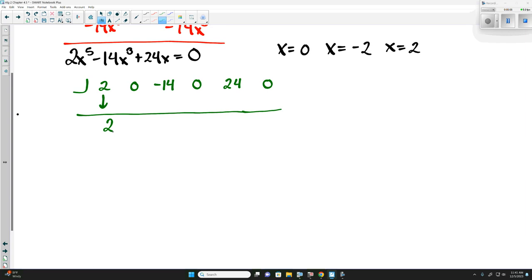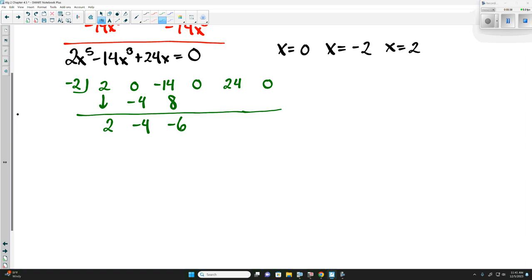Now, out of the three solutions we have, which one do we want to try first? 0, -2, or 2? -2. And we'll go through the synthetic division process. So we'll do -2 times 2 is -4. 0 plus -4 is -4. -2 times -4 is 8. -14 plus 8 is